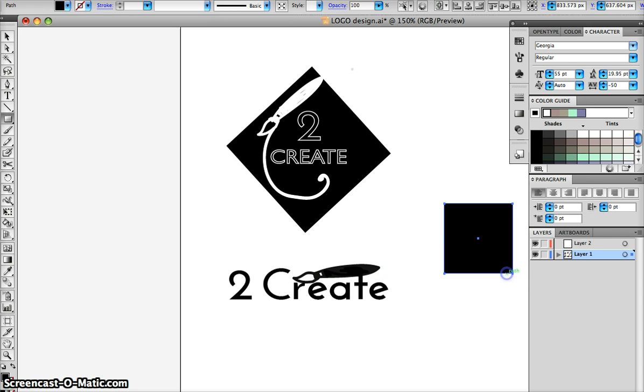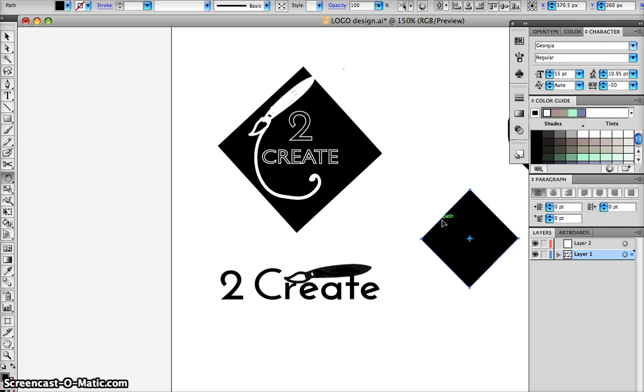Kind of demonstrate that right here. So just make this square, and then by holding down shift we can rotate it to a 45-degree angle,